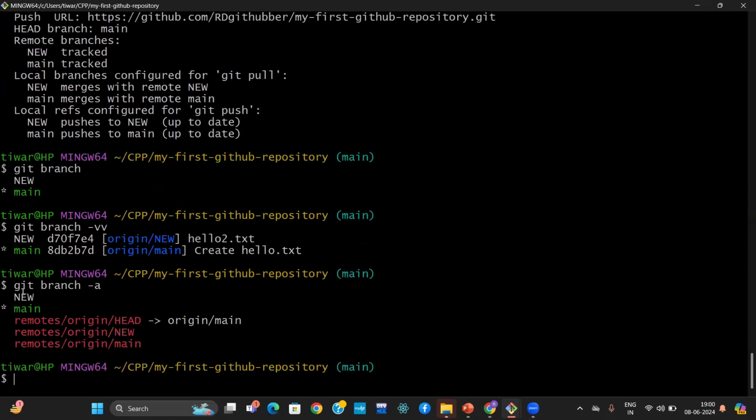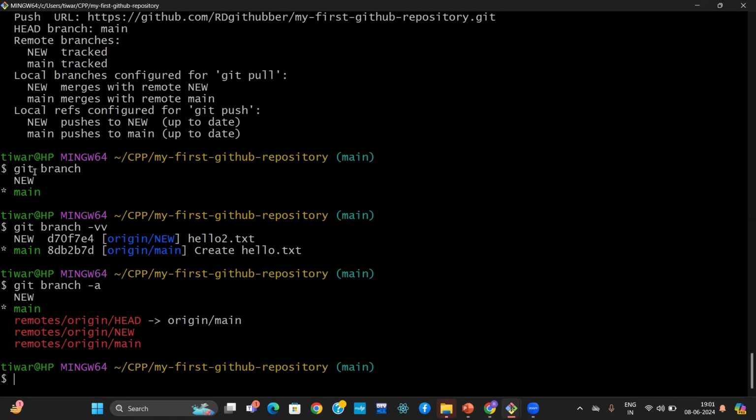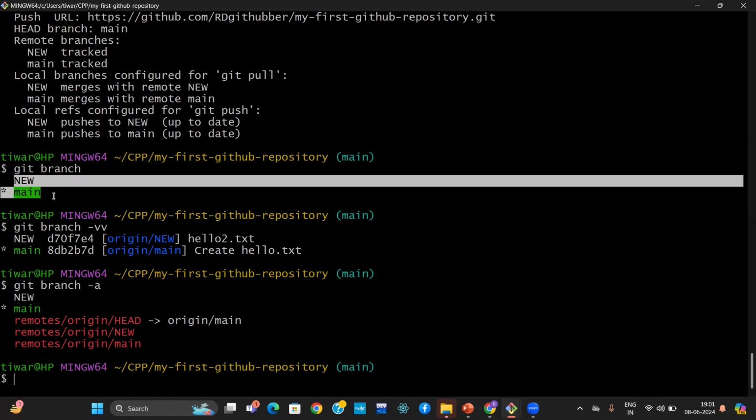So basically, what is the command? That is git branch. It will show how many branches are present. But here you can see the new hello branch is not mentioned. Actually, it will not show your branches which are